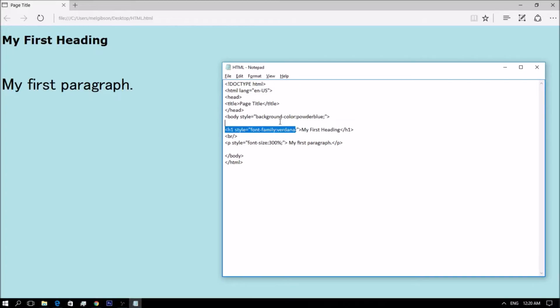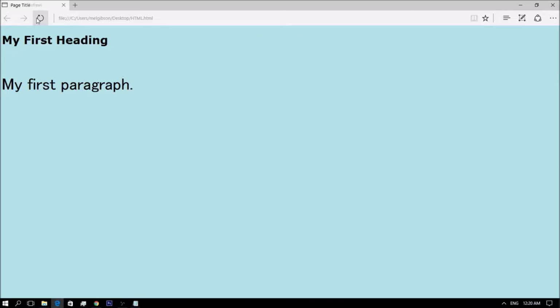So change this into text align. Then center. Save your work. Then reload.